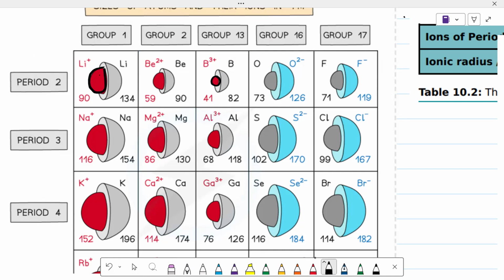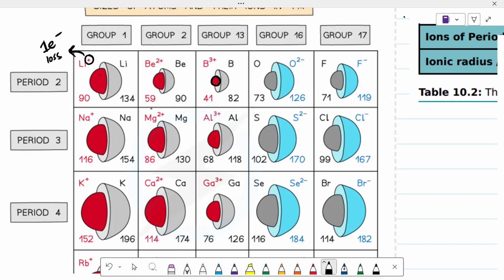Because if you see in this one, just one electron is lost. This is lithium plus one. But in the second diagram, for beryllium, two electrons are lost. And why two electrons? Because it belongs to group number 2, so it will lose two electrons